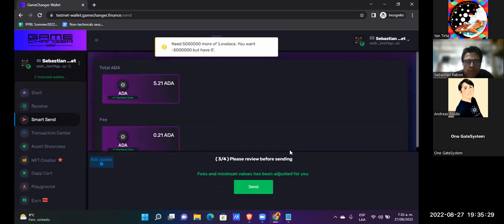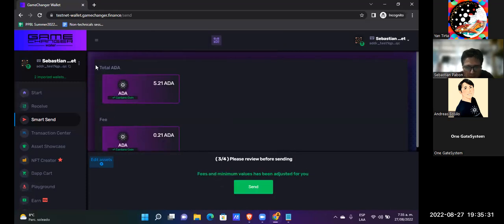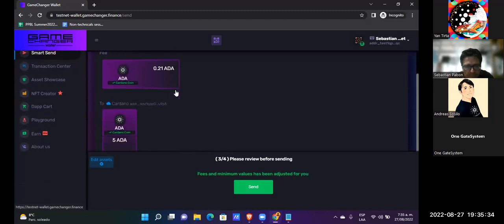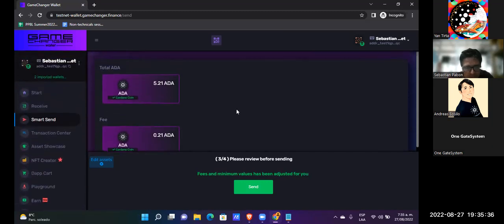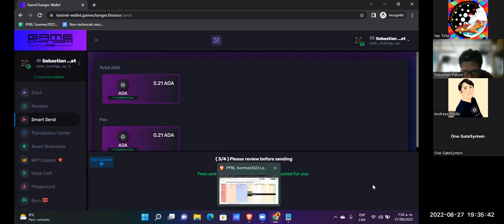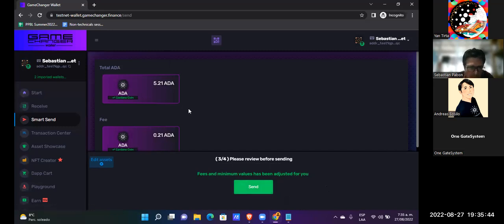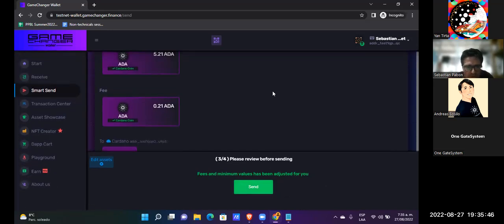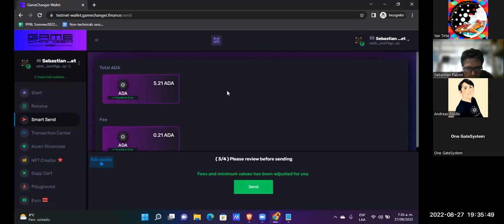Okay. This wallet, before I send the transaction, the software shows me the transaction.